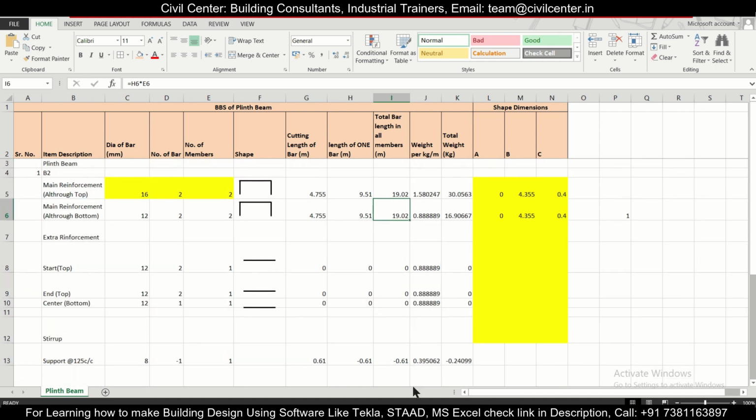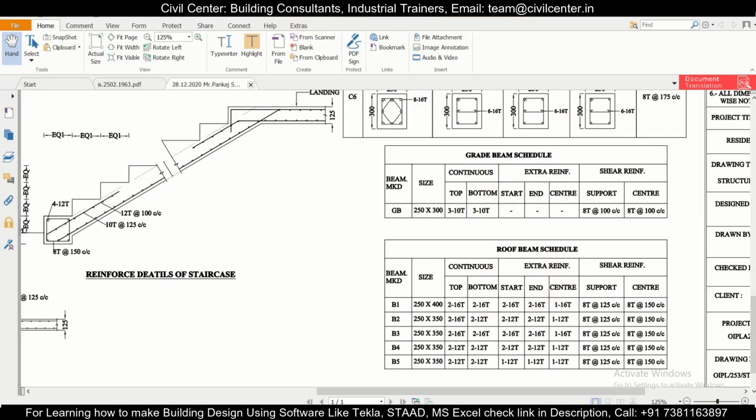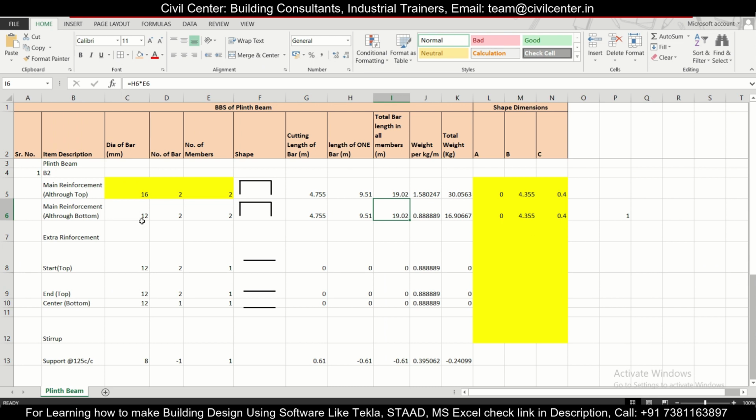So the extra reinforcement is the start, end, and center. So start and end is at the top. At the top we have extra reinforcement of 2 bars of 12 mm, and at the bottom we have extra reinforcement of 1 bar of 12 mm. So the extra start we have 2 bars of 12 mm, and extra bottom we have 1 bar of, sorry,